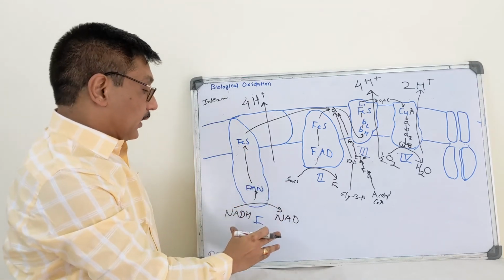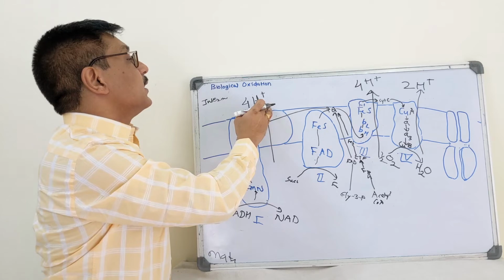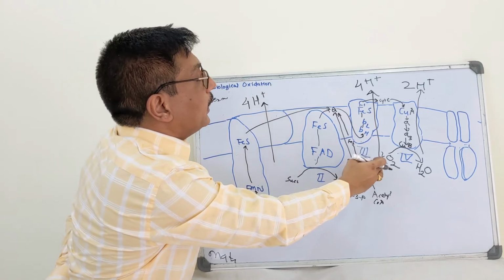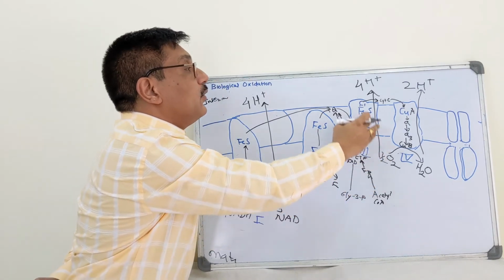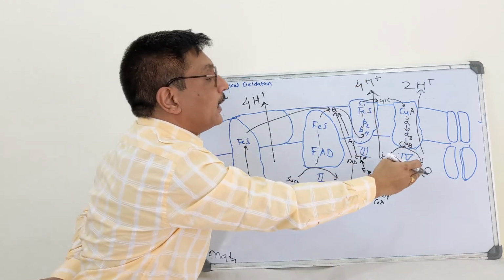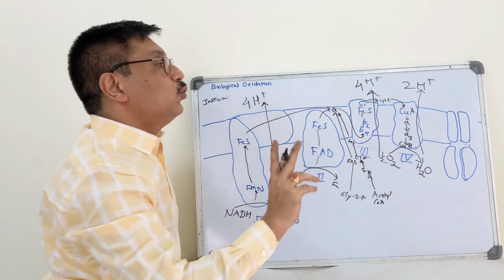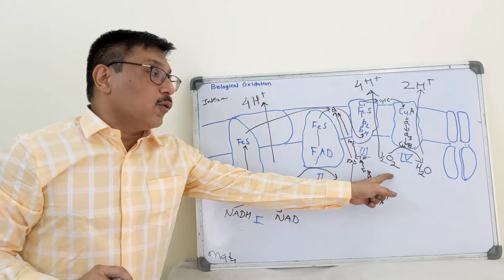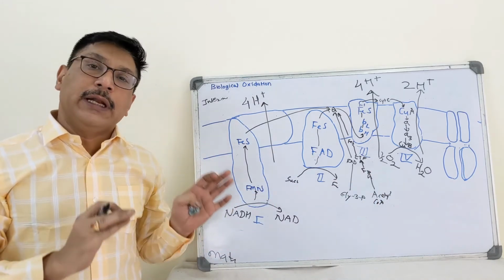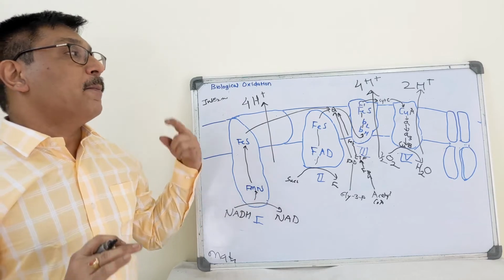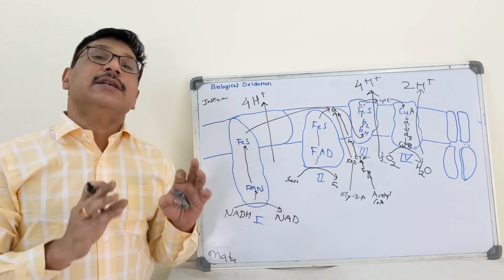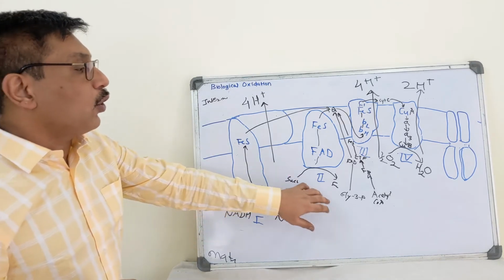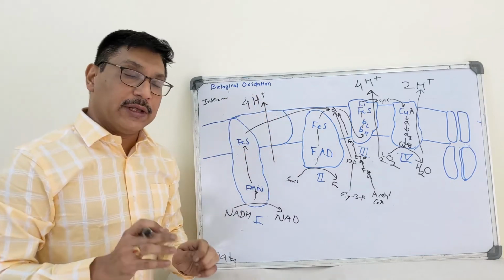And during this process, in complex 1, 4H+ ions are translocated. In complex 3, 4H+ ions are pumped, and in case of complex 4, 2H+ ions are pumped. So from NADH to O2, when electrons are transferred through the electron transport chain, it will pump 10 hydrogen ions, sufficient to produce 2.5 ATPs. In case of succinate or other compounds which transfer to coenzyme Q,